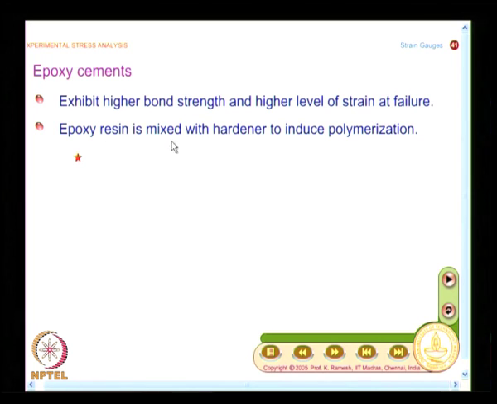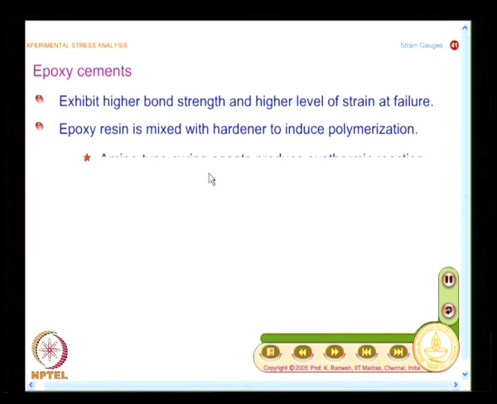And it is a two component mixture. So, I have an epoxy resin mixed with hardener to induce polymerization. On the other hand, when you looked at cyanoacrylate, you just take that cyanoacrylate, put it, and then press it for a minute, your job is done. The moment you come to epoxy, the bonding procedure is very elaborate,